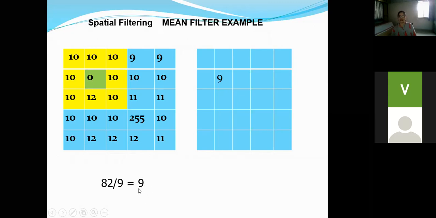So the actual answer is 9.11, and after rounding it to the nearest integer, we get the new value of this pixel as 9. Okay, getting this?